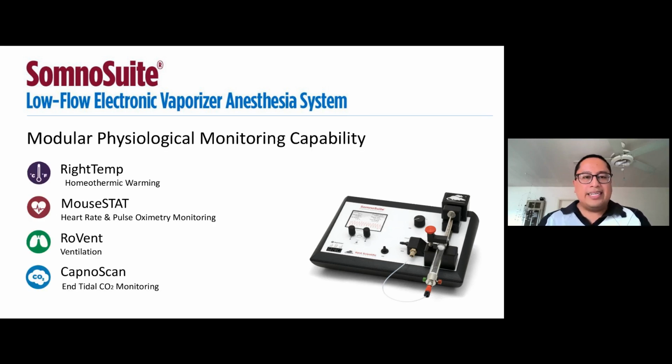Here we go. So I've been hinting at it the past few slides, and you're probably thinking, but Frederick, what are the other modules that we can add to the SomnoSuite? Well, the SomnoSuite itself comes loaded with the right temp homeothermic warming